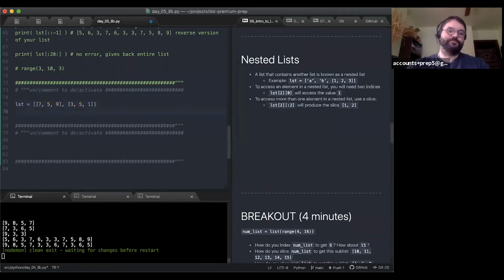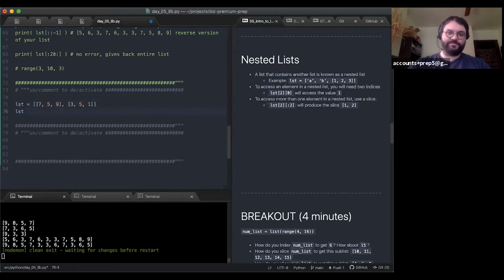So here's a question. How many elements are in my variable list? Cool. So this variable contains 2 elements, which just happen to be 2 lists, right?